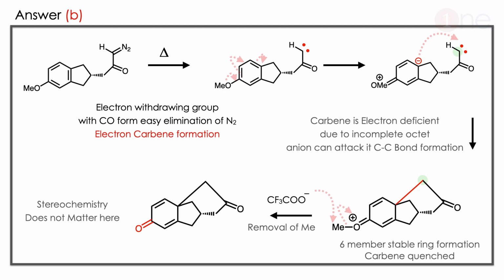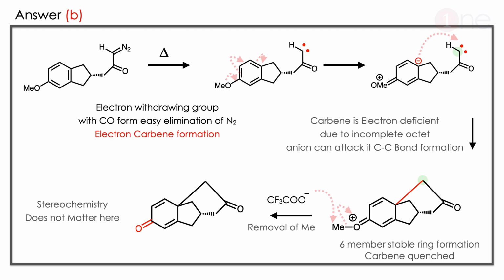Here carbene formation is very important because the carbene is electron deficient, with an incomplete octet. Then the methyl group always tries to compensate the carbene because the carbene has to be quenched. So the methyl group donates electrons to the ring because it is an electron donating group, and the charge travels, or you have an anion on the fused carbon. The anion attacks, and you have the 6-member ring formation. So ring formation always stabilizes the system. The ring forms. The positive charge on the oxygen has to be quenched, where trifluoroacetic acid plays the role. The methyl is pulled out. You have the heat on there.